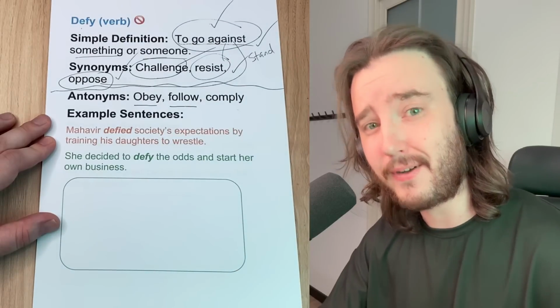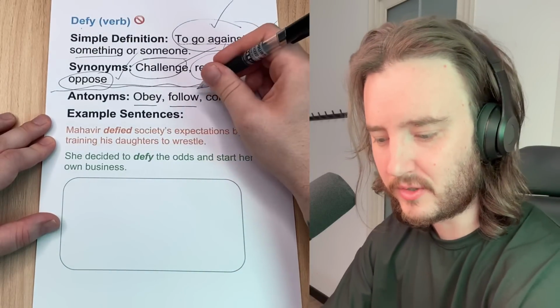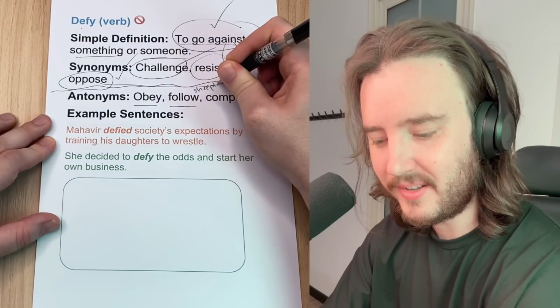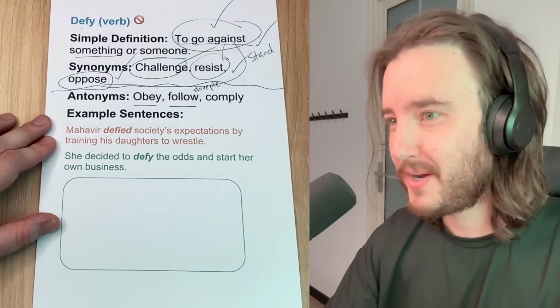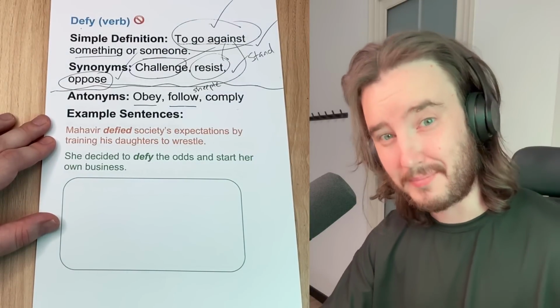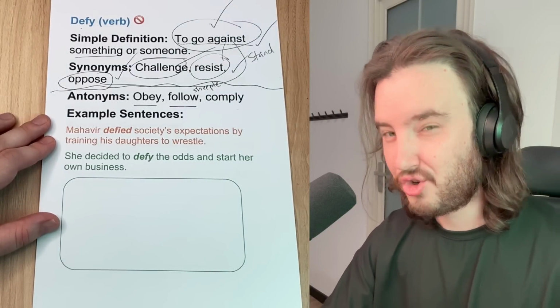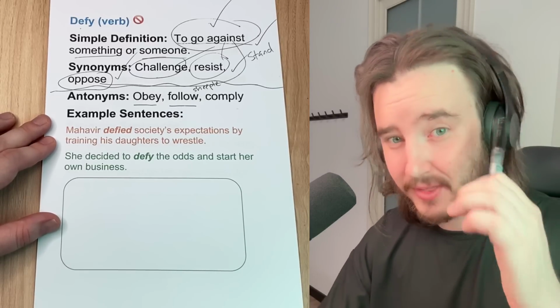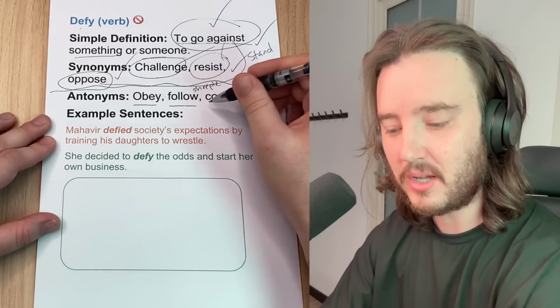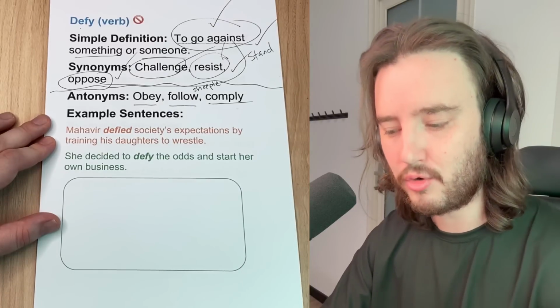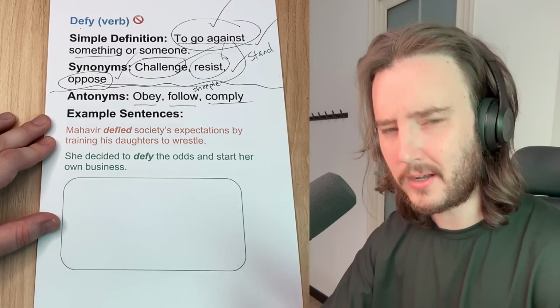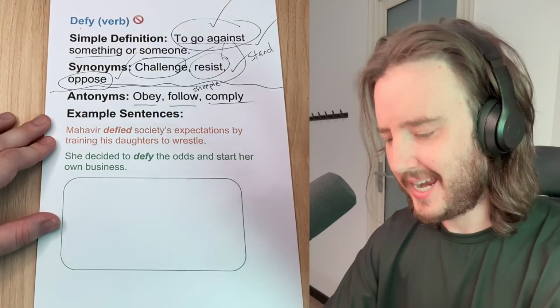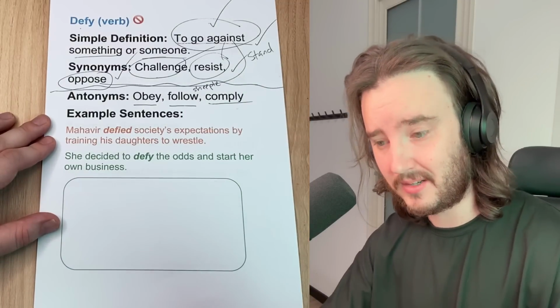Antonyms, opposite ideas, opposite words might be to obey, to do what someone says, to follow, to be a follower. We might also say to be a sheeple. That's kind of a fun word. A sheeple. It's like people plus sheep, right? You don't want to be sheeple. You don't want to be a follower. You want to be able to think for yourself, right? Comply. Comply, to agree, to obey, to follow. These are all antonyms. They mean the opposite of defy.